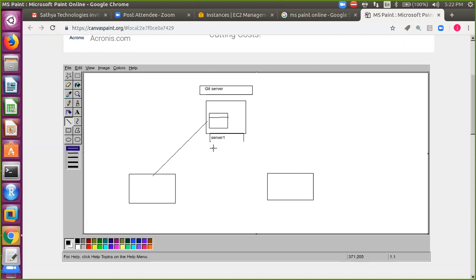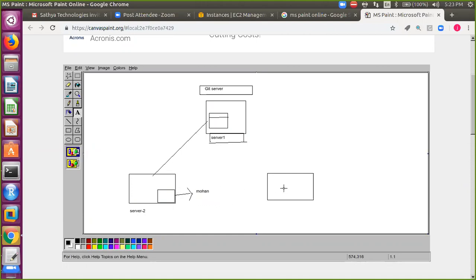I'm having 2 more servers, right? On server 2, I'm having one user account called Mohan. Assume that Mohan is working in my project as a developer.